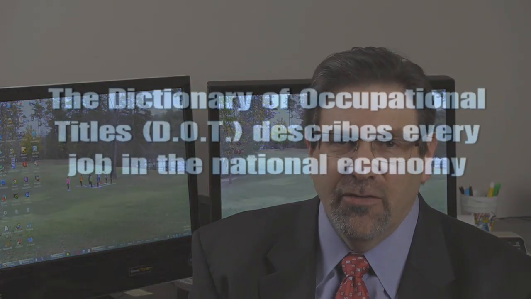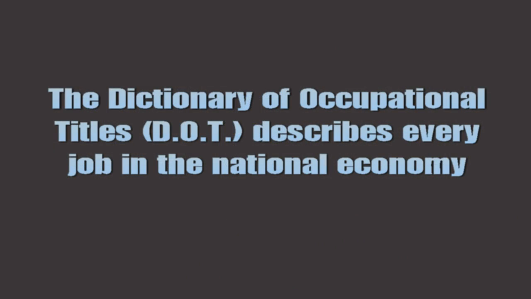So the vocational witness will be used normally at the end of a hearing. After you've given testimony, the judge will turn to the vocational witness and say, Mr. Vocational Witness, can you please describe the claimant, and of course you're the claimant, describe the claimant's past work using something called the Dictionary of Occupational Titles. And the Dictionary of Occupational Titles, which is sometimes referred to as the DOT, represents a list of every job that exists in the national economy, and is broken down based on exertional level, meaning is it sit down, light, medium, or heavy, and skill level, is it unskilled, semi-skilled, and skilled.